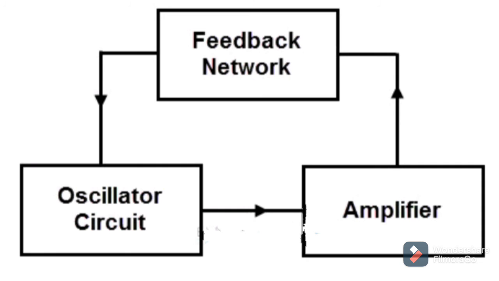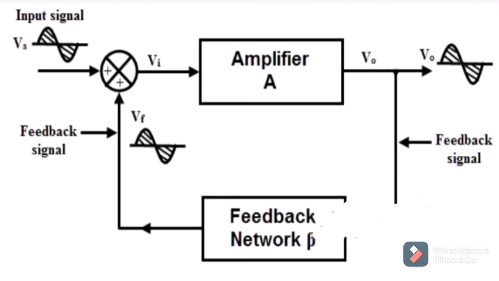Now we will learn about how many types of oscillators there are. There are many types of oscillators, but they can be broadly classified into two main categories: harmonic oscillators and relaxation oscillators. In a harmonic oscillator, the energy flow is always from the active component to the passive component, and the frequency of the oscillator is decided by the feedback path.